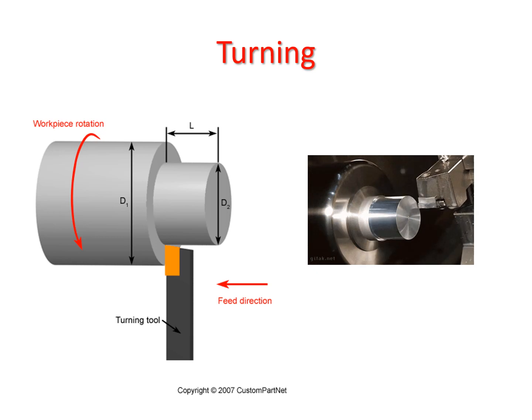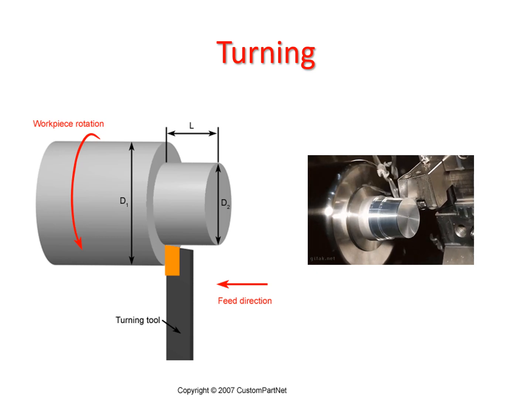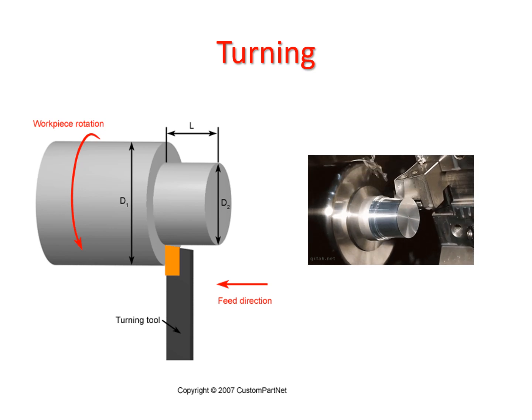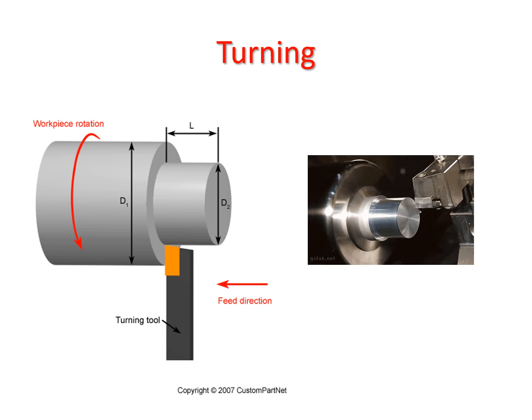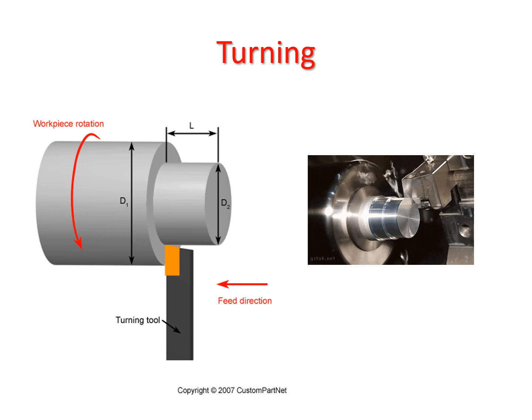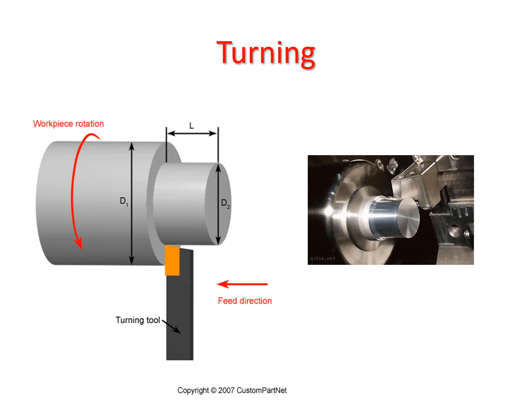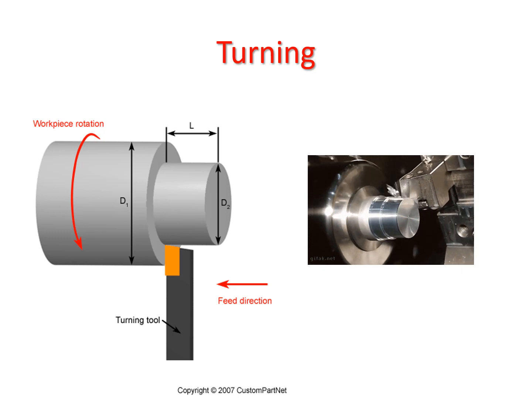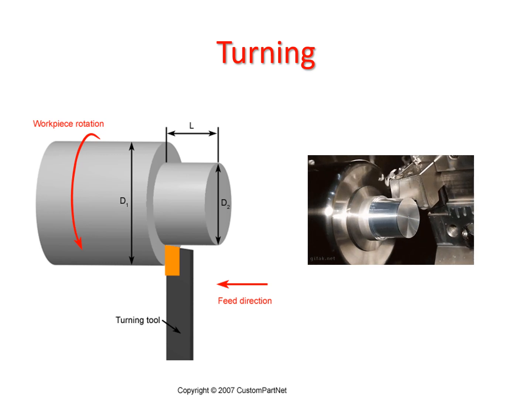Turning is a machining process used to make cylindrical parts in which the cutting tool moves in a linear fashion while the workpiece rotates. Generally, turning reduces the diameter of the workpiece to a specified dimension and produces a smooth part finish. For every lathe operation, care should be taken that the cutting tool or parting tool we are using should be harder than the material of the workpiece, so that it is able to cut the workpiece into the desired shape.